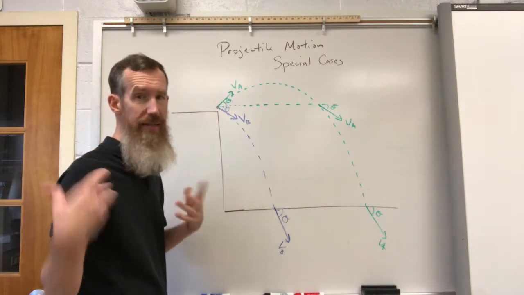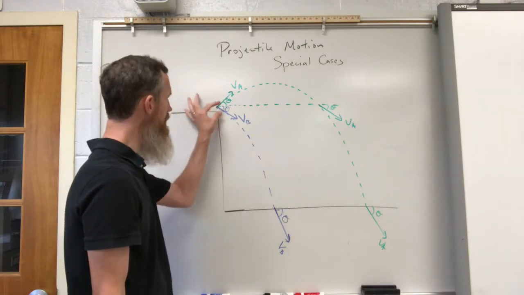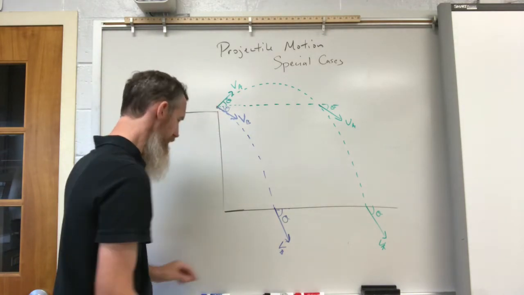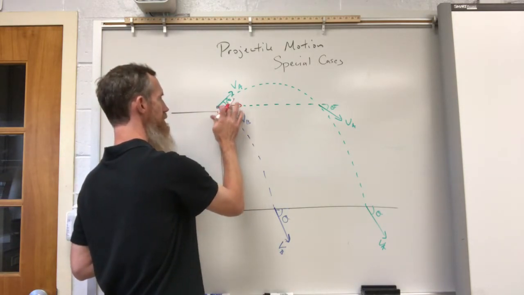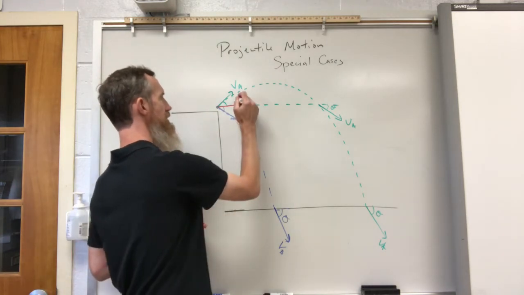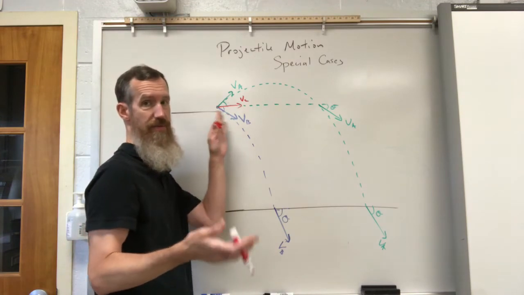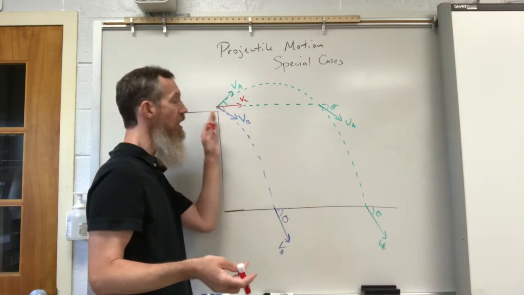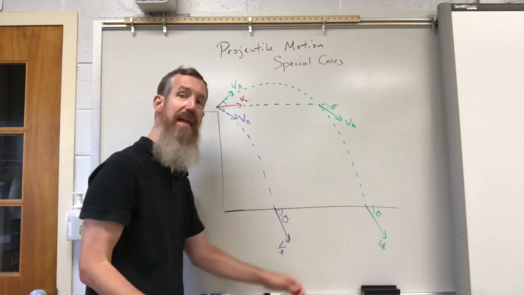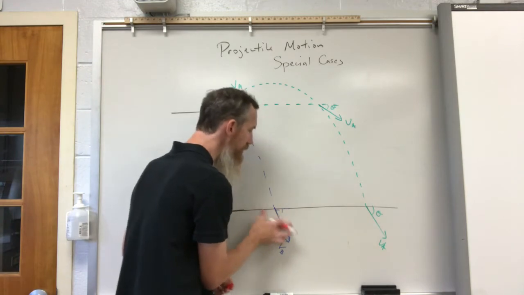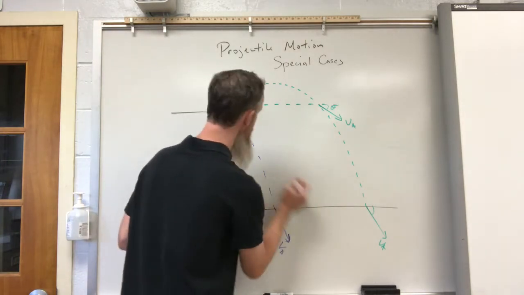Now, what we'll learn later in the year, and we'll learn why, I'm not going to tell you now, is that even if you didn't launch these at the same angle, even if you launched one maybe horizontally, so these angles weren't the same, if they're all launched at the same speed from the same height, they're all going to hit the ground with the same speed. That won't be the same angle though, so they're not all the same velocities, but they will all hit the ground